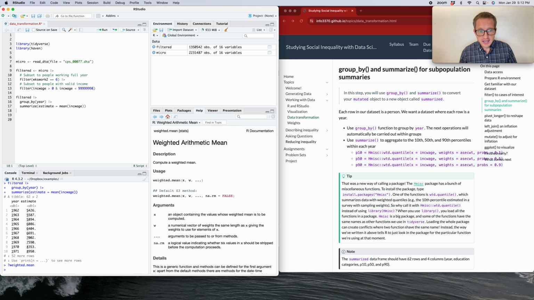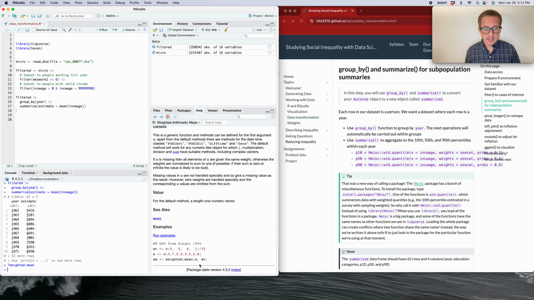To learn about weighted mean, type in your console ?weighted.mean. And here you'll get the help file. You can see that it takes two arguments. x is a vector of numeric values and w is a weight. If you scroll down, you can see some examples of how this function works. In our example, we're going to take the weighted mean